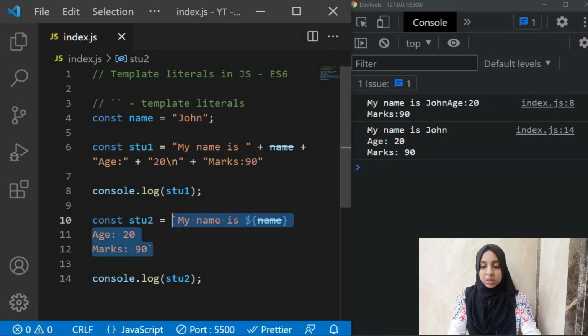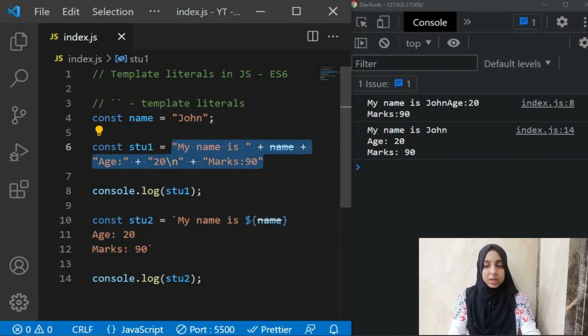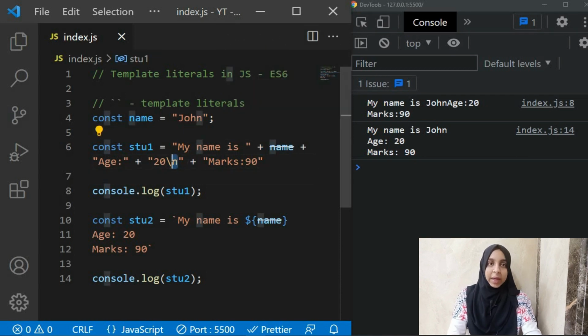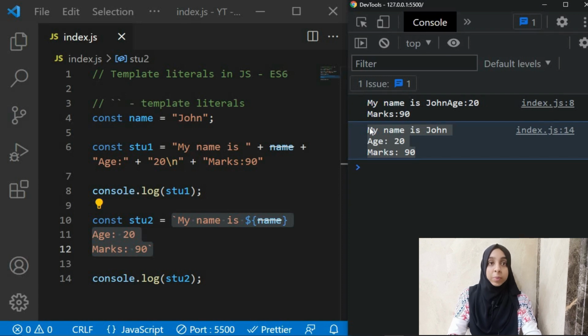So can you see this is so simple as compared to this one over here, right? Where we have to use this sign for concatenation, our plus sign, then we have to use this escape character to go to the next line, right? Every time we are going to the next line 2 times over here, right? So every time we go to the next line, we need to use an escape character. This becomes a lot of mess. And can you see over here, this looks so clean, and the same way that we have written over here, it shows in your console, right? It prints the same thing, right?